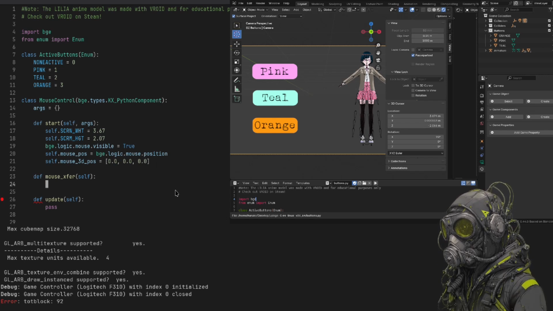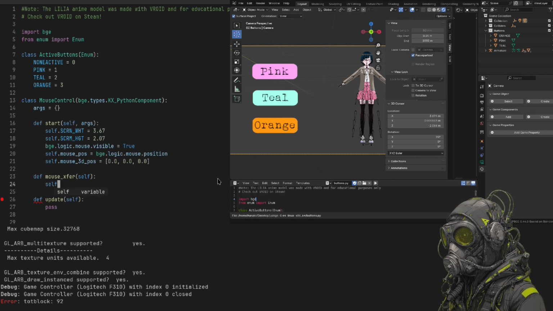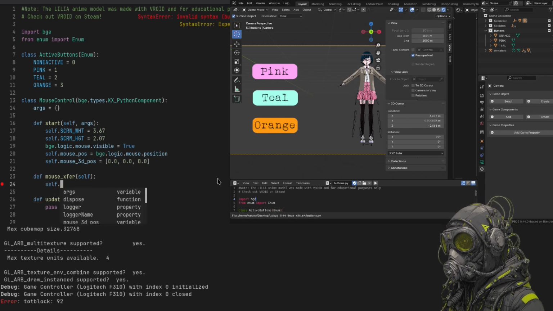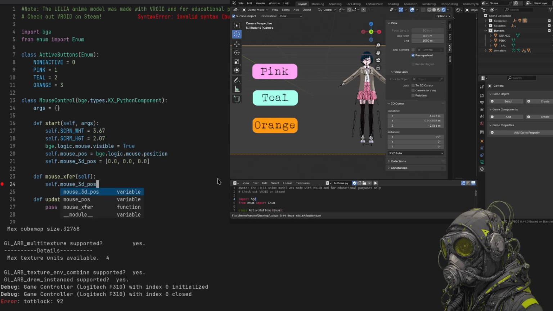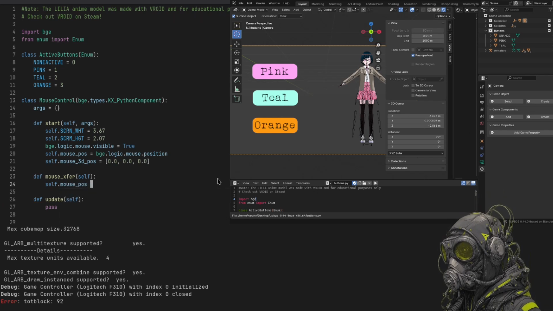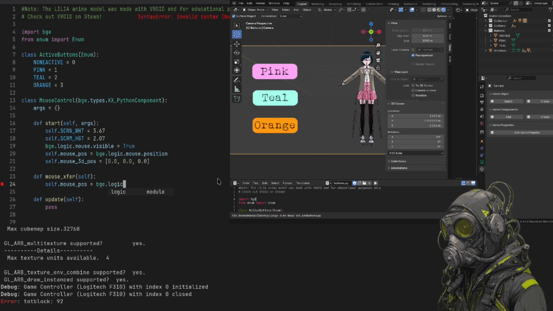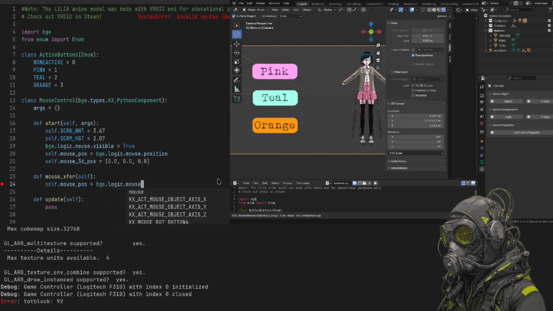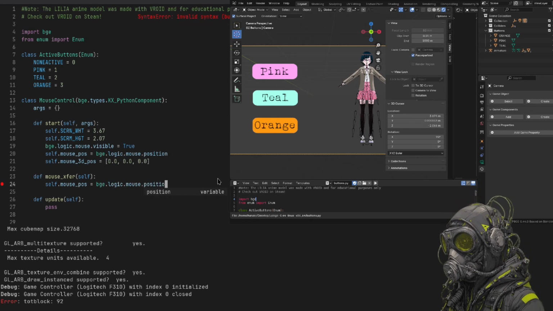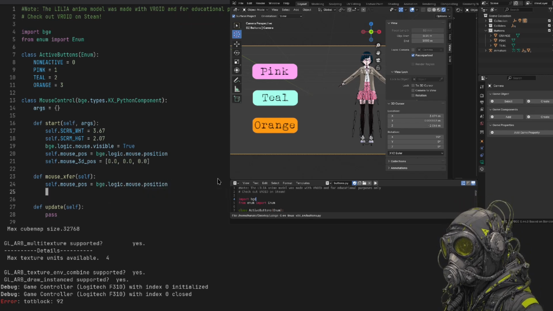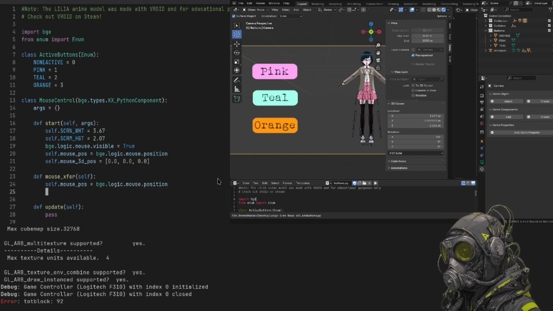So we need to go ahead and declare this variable again because it needs to update every logic tick. So we're going to do mouse.pos. Mouse underscore pos is equal to bge.logic.mouse.position. Then we need to